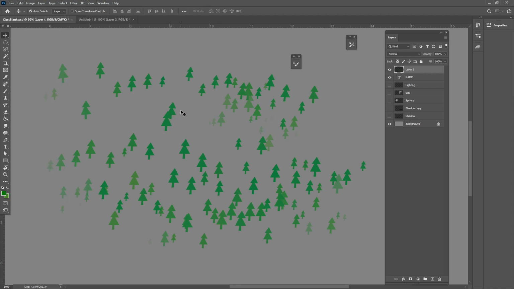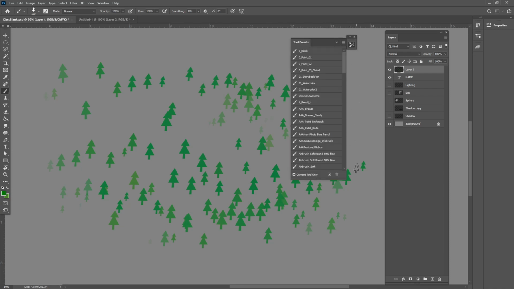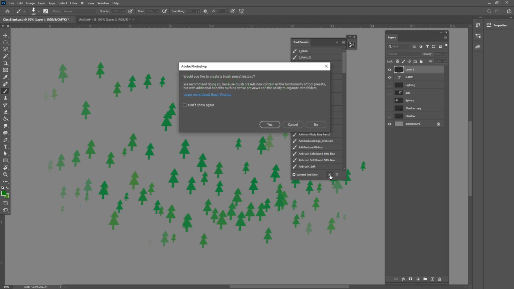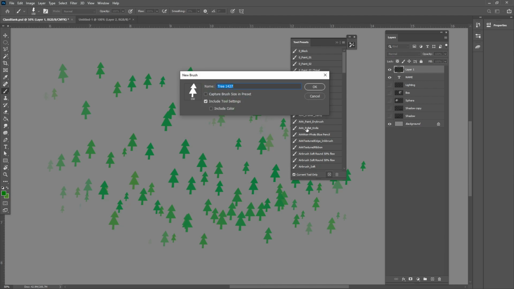Now, if you wanted to save this so that you didn't have to keep remaking this brush all of the time, there's a couple things that you could do. One thing is you could go into your tool presets, and you could just do a plus, and you can choose, do you want to create a brush preset? Yes, no, it doesn't really matter. And in these newer versions of Photoshop, a brush preset and a tool preset is basically the same sort of thing, right? So we'll just call this cartoon tree,